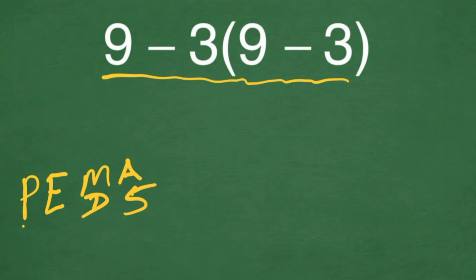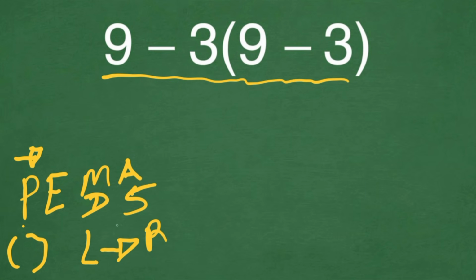So according to it, the first thing to solve is parentheses. And after we solve all the parentheses, only then we are allowed to move to exponent. And after we solve the exponent, we have to move to multiplication or division. For multiplication or division, we have to solve the expression left to right. And then after we solve all the multiplication or division, only then we are allowed to move to addition or